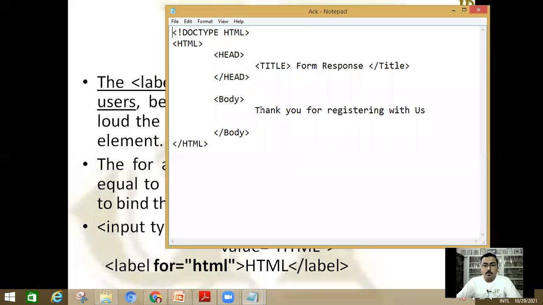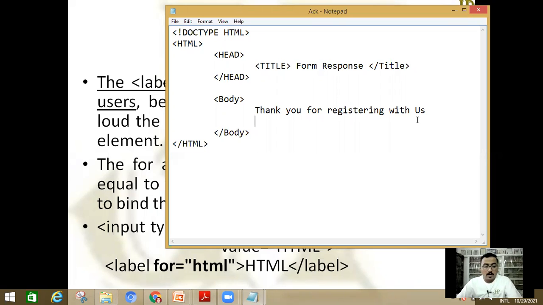Here in the body section, I have simply written thank you for registering with us, because you do not have to learn scripting language right now. You just have to get an idea about how to create a form in an HTML file.